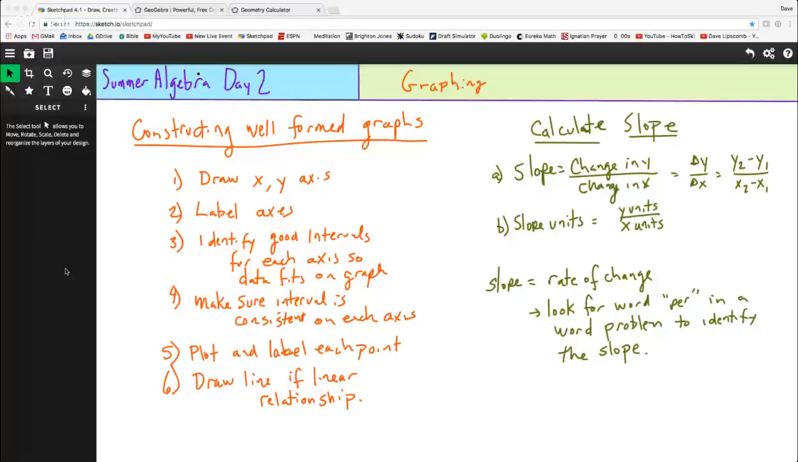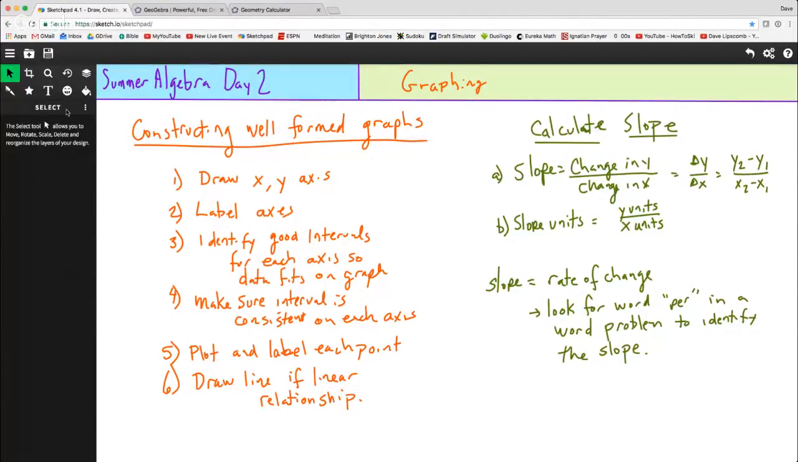Again, we're going to be doing graphing over a couple of days. Today is just the first day of graphing, so we're not going to do everything in this video, but we will do a lot. So let's move on and let's get to our sketchpad, and let's just do a little overview of what we're going to talk about today. So we're going to start with talking about